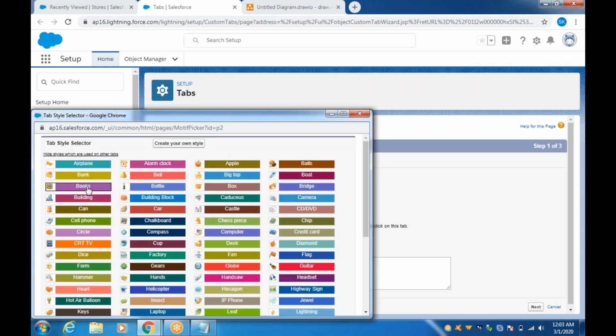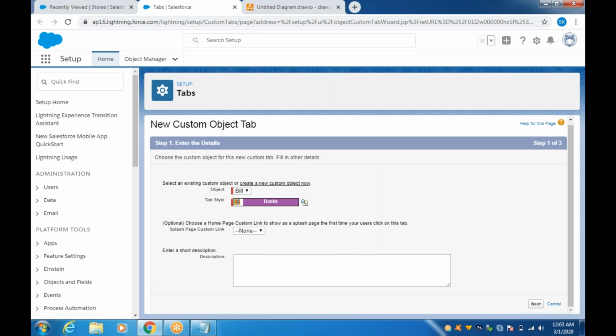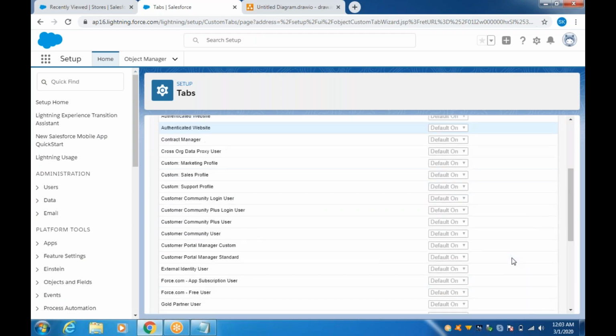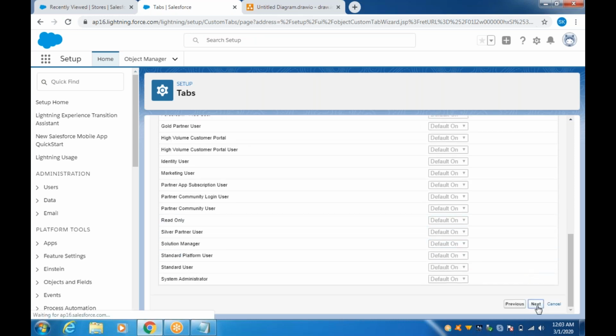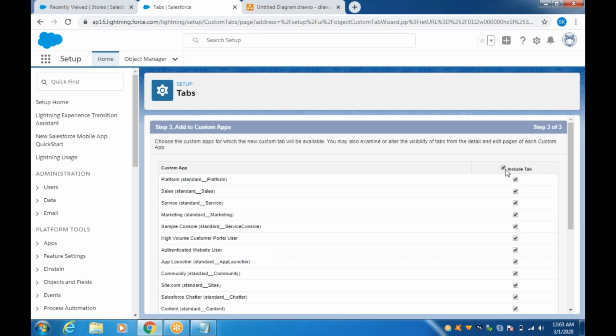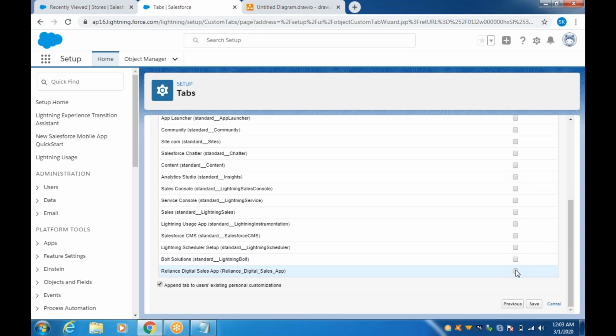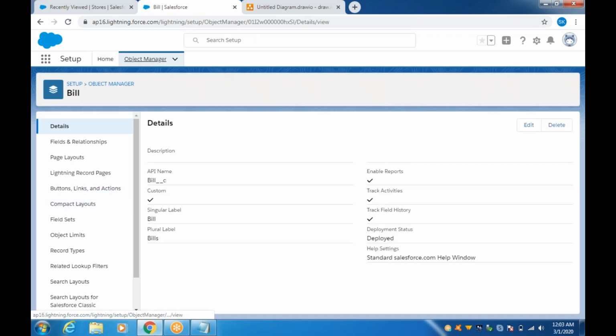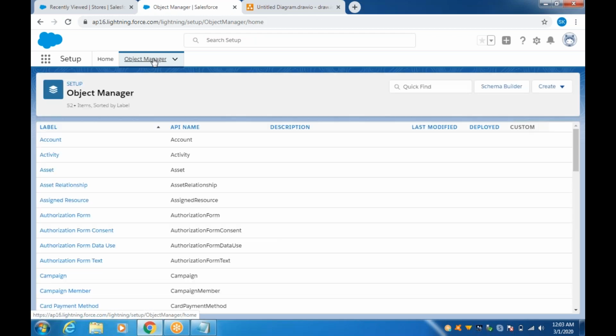Bill means I'll say books. Bill books. Then click next. So access profile, I want to give everyone. Click next. Now on which app you want to add? I want to add to the lens system. Click save. Now let me create another object called